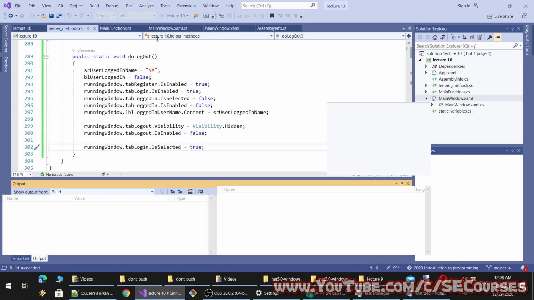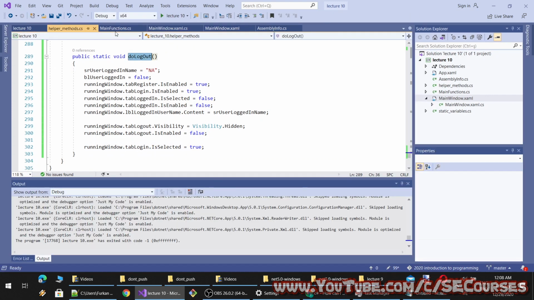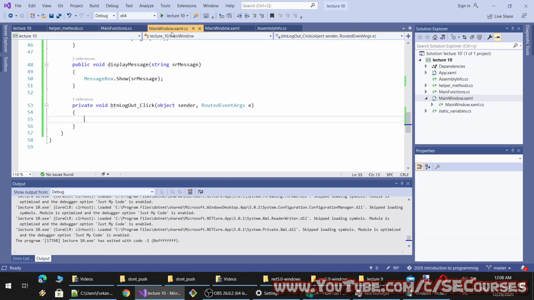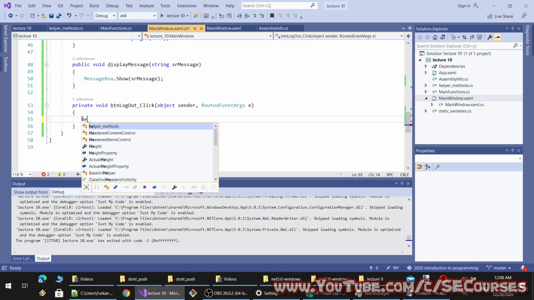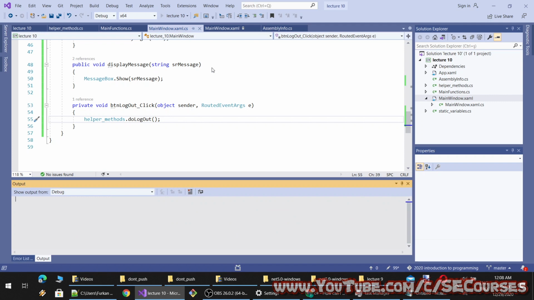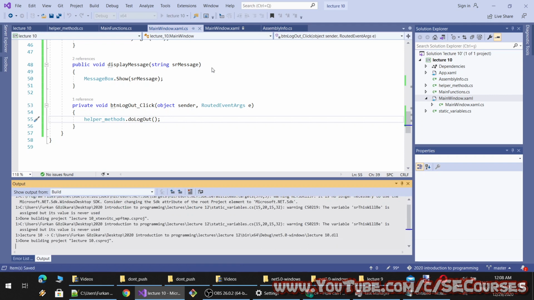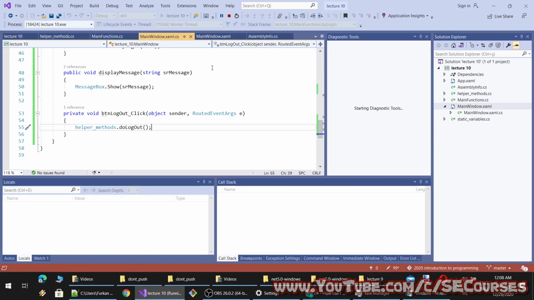Okay. We didn't call this method yet, so I'm going to open the code and from main functions to logout or helper methods. Yeah, helper methods to logout. Okay, let's run the application.